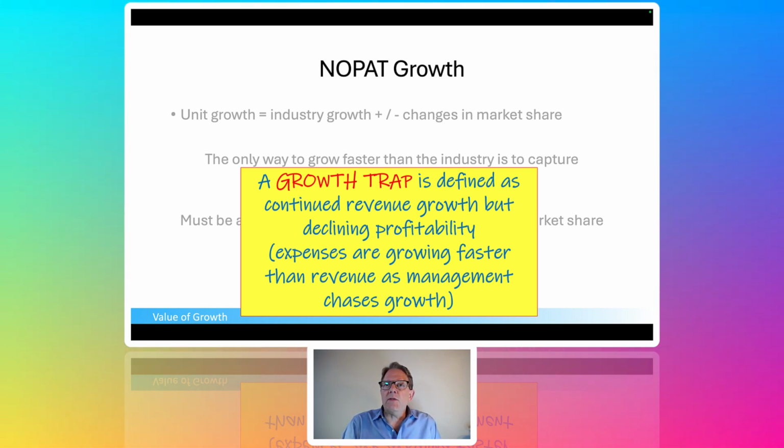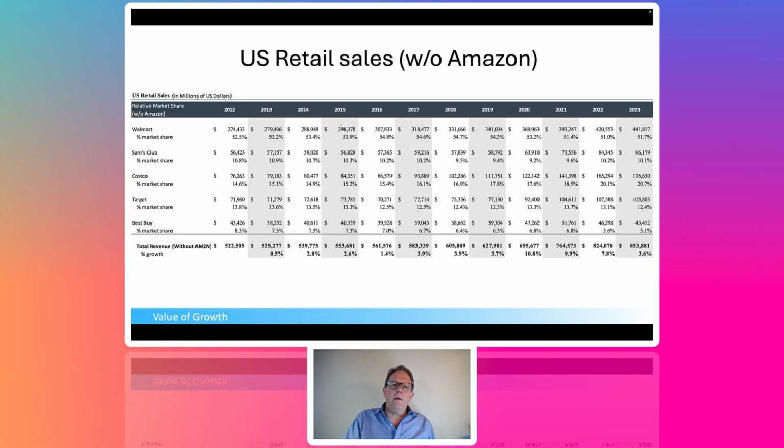They're very expensive. So the growth trap is a company trying to gain market share, probably in what has historically been a great business, a great industry. But because of customer captivity, it's very expensive to get customers to shift from one vendor to another. And therefore, these companies' expenses grow faster than their revenue. So that's, to me, the definition of a growth trap. Watch for that.